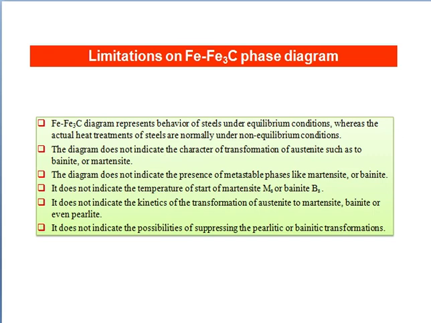Ferrite is practically pure iron containing only 0.006% carbon at room temperature. The name ferrite comes from the Latin word ferrum, which means iron. It is also called alpha iron. Ferrite is a relatively soft and ductile phase. Austenite is a solid solution of carbon in gamma iron and derives its name from the pioneer metallurgist W. C. Roberts-Austen. Cementite is an interstitial compound of iron containing 6.67% of carbon and having the chemical formula Fe3C, iron carbide.